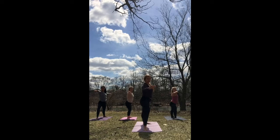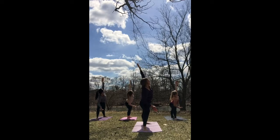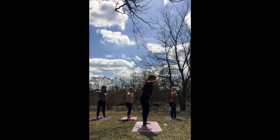We're going to exhale into a side angle forward, really thinking about lifting up and over. Then we're going to return to warrior two and go into our reverse warrior. Again, really thinking of lifting up, out of the body. Going back to warrior two, we're going to then turn our feet to the sides of our mat, and we're